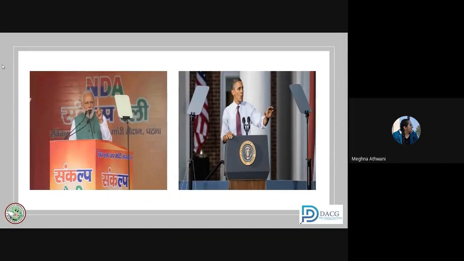I have some examples prepared for you. You see the white transparent screens in front of both the politicians? That is a teleprompter. Now, it might seem they are transparent to us, and that is the trick, whereas these politicians can see what is written in those teleprompters. This glass is the beam splitter glass. It is an anti-reflective glass. So we don't see, but they are able to see it.